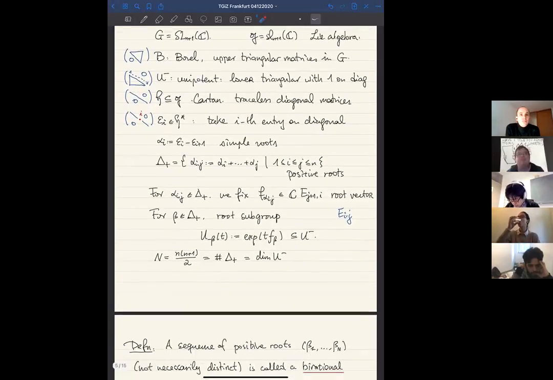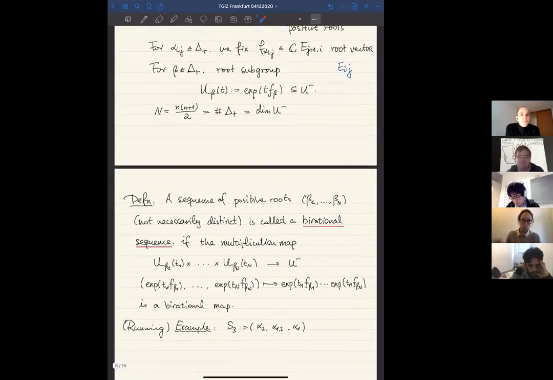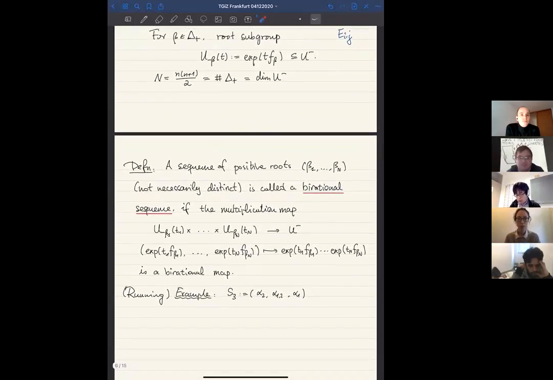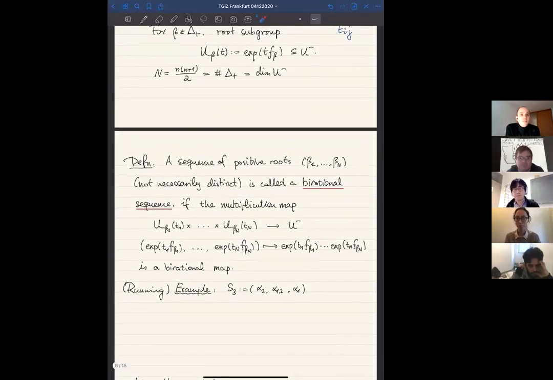And now I want to introduce you to the first important notion of the talk. It's called a birational sequence. And what is a birational sequence? It is a sequence of positive roots. And these positive roots are not necessarily distinct. There could be repetition. This sequence of positive roots is called a birational sequence